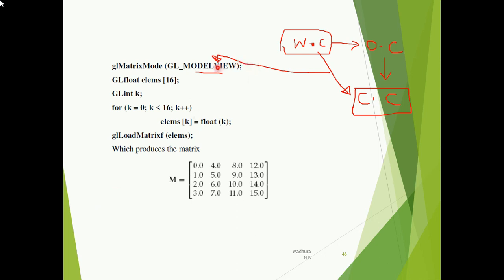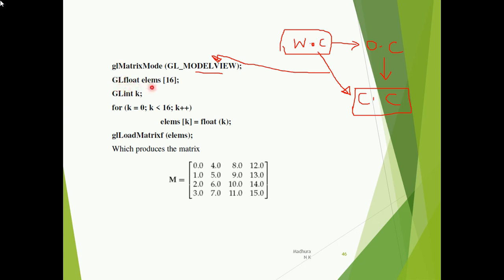Okay, glMatrixMode is the routine that is used to set the projection mode, which designates the matrix that has to be used for projection transformations. So the model view is actually to set your matrix initially. If you want to display an object, you have to have a matrix. To initialize it, we need this model view. Suppose you want to have a matrix in the form of 4 cross 4, that means you will be having at least 16 elements there. So how do you define it?